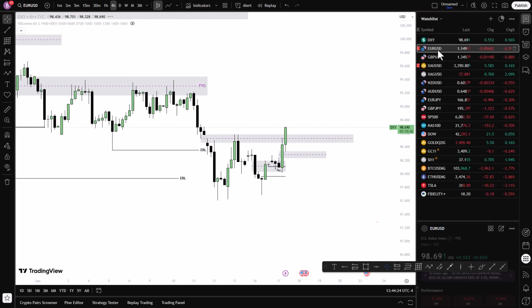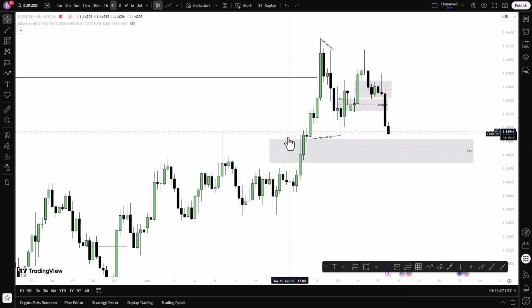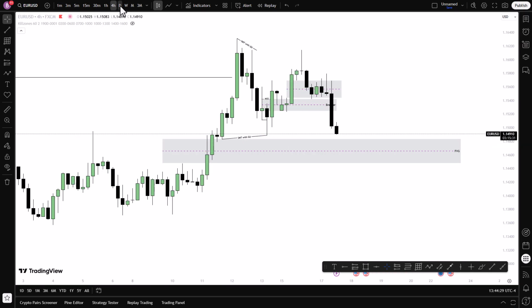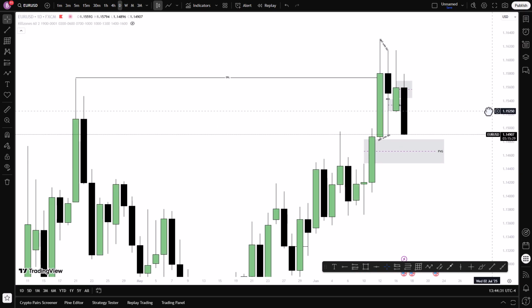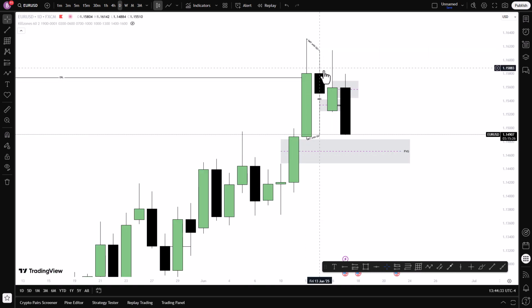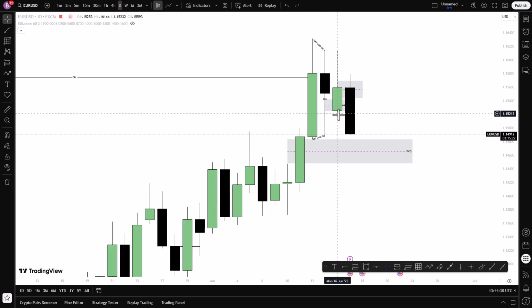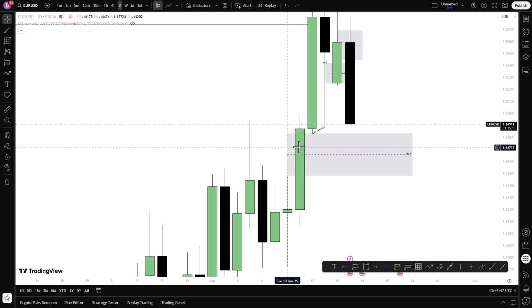What happened on the EURUSD? On the EURUSD, we want to go to the daily time frame. On the daily time frame, we see price rejected, and today we see a sell. Yesterday, I said if we really want to be retracing back into range, this fair value gap will be the target. So here, we want to see how price reacts at the close of the day today and also tomorrow. Let's see. But tomorrow this fair value gap will be our target.